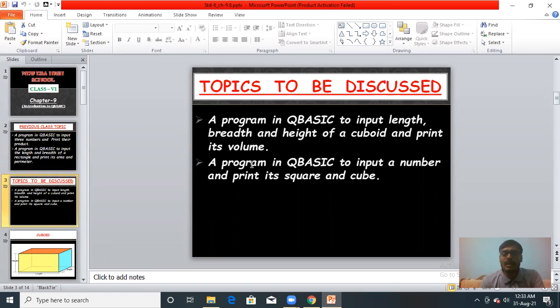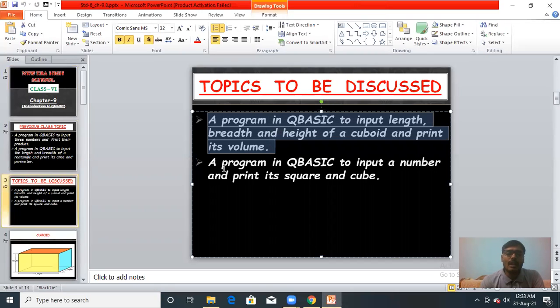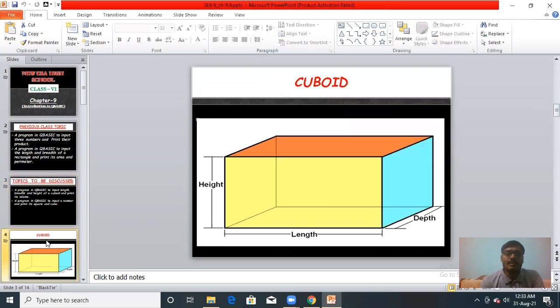First of all, you have to find the volume of a cuboid. Now you have to understand what is volume and what is a cuboid. You can see this type of image. It is the image of a cuboid. It has length, breadth, and some height.